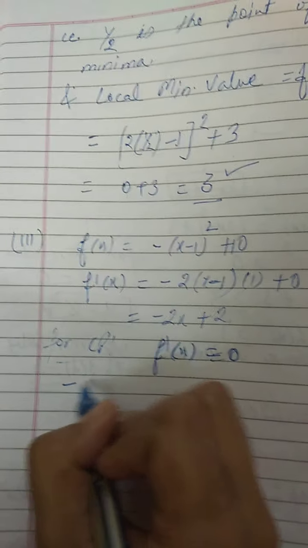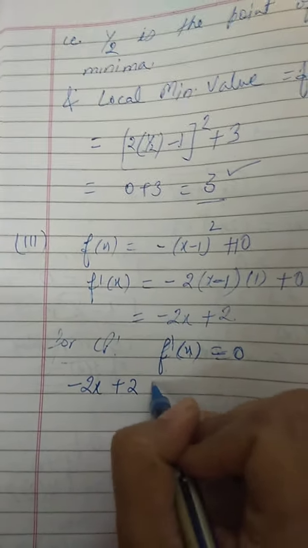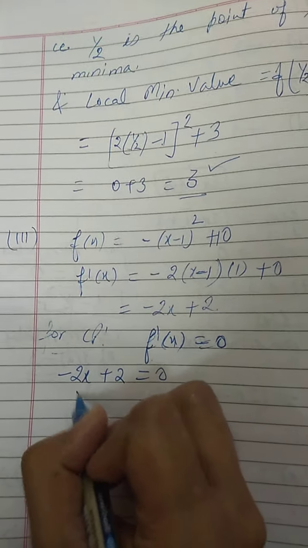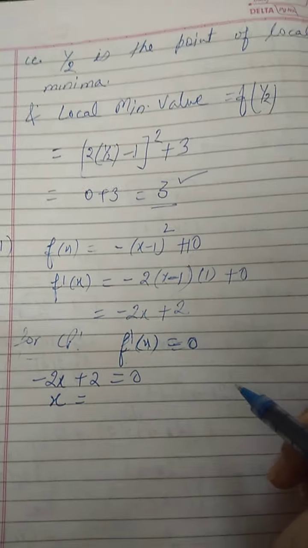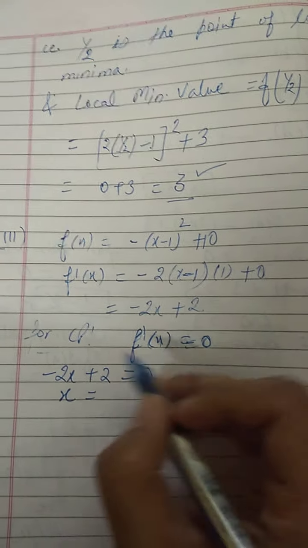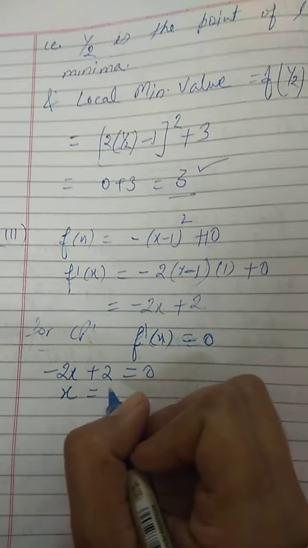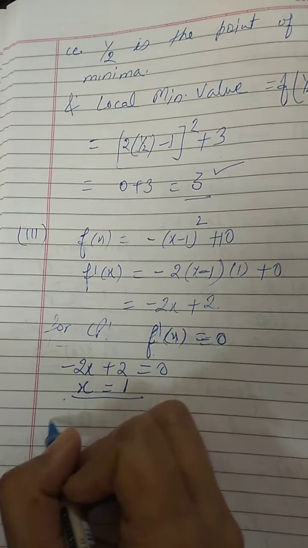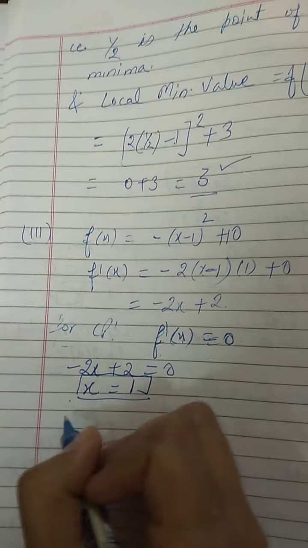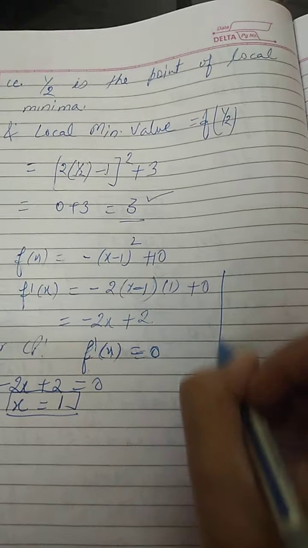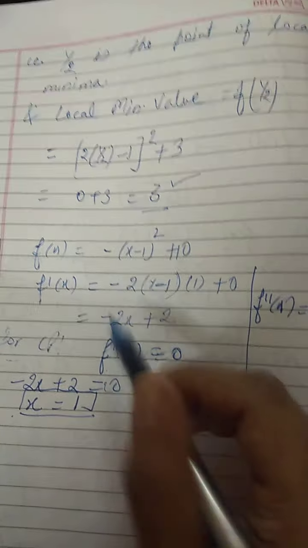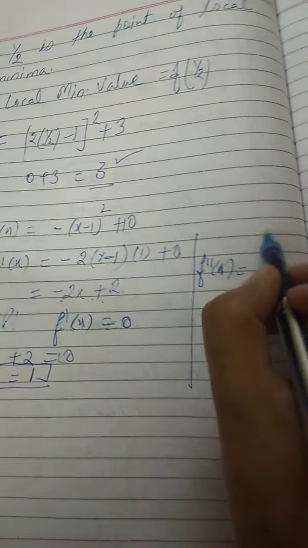That means the derivative minus 2x plus 2, if I equate it to 0, what will be the value of x here? So minus x plus 1, that means the value of x is 1 only, right? And now we will find first of all the second order derivative. What is the second order derivative? First order derivative is minus 2x plus 2, so the second order derivative will be minus 2.